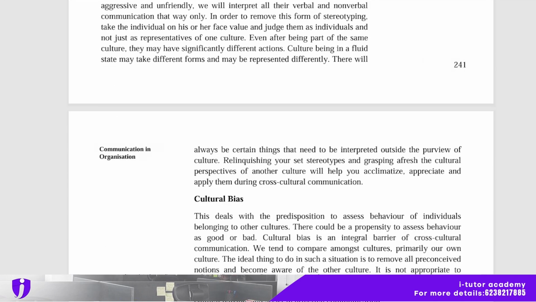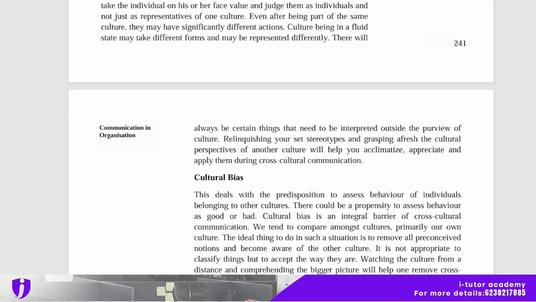Cultural bias: this deals with the predisposition to assess the behavior of individuals belonging to other cultures. There could be a propensity to assess behavior as good or bad. Cultural bias is an integral barrier of cross cultural communication. We tend to compare among cultures, primarily our own culture. The ideal thing to do in such a situation is to remove all preconceived notions and become aware of the